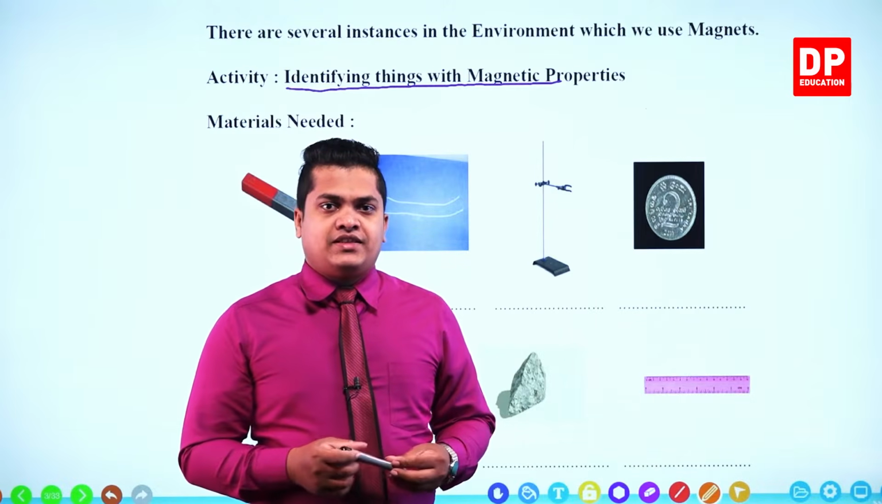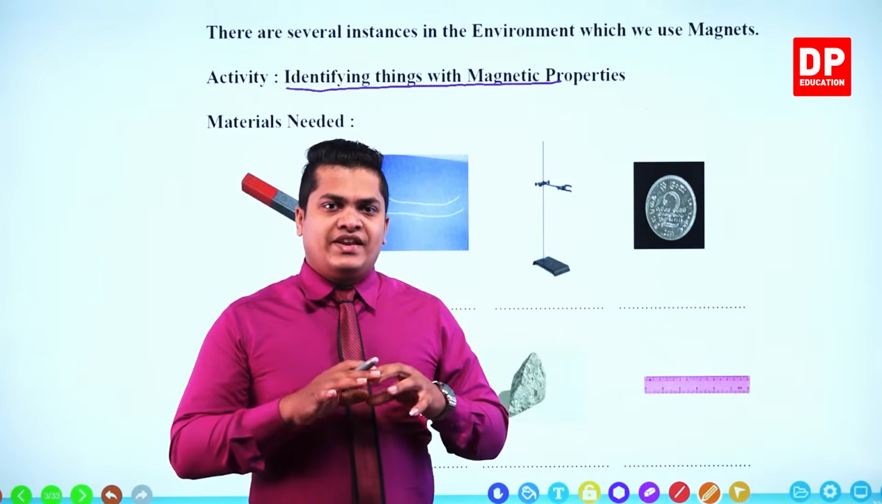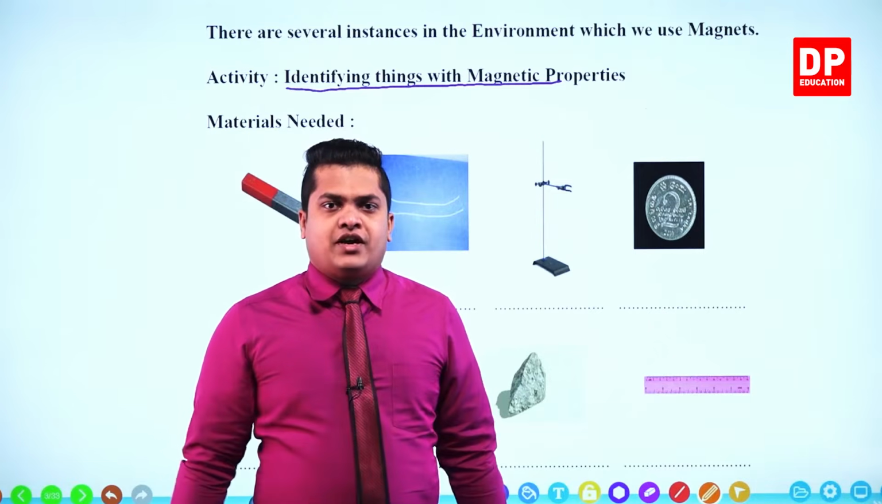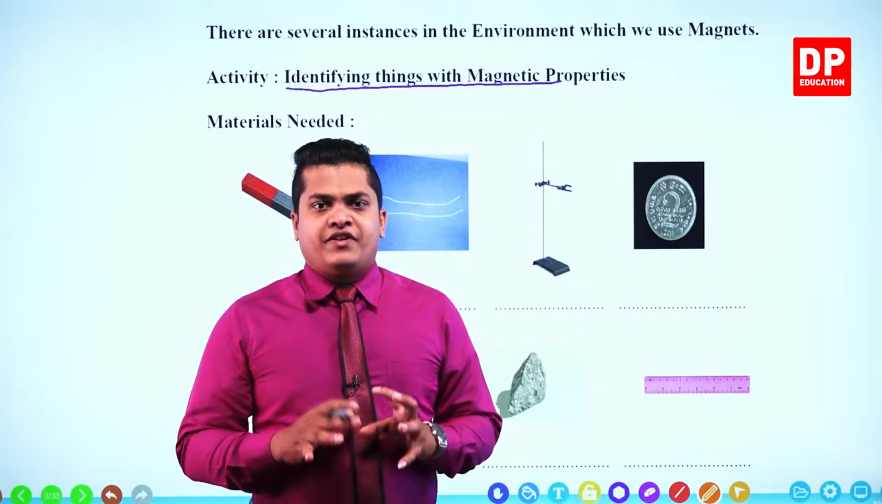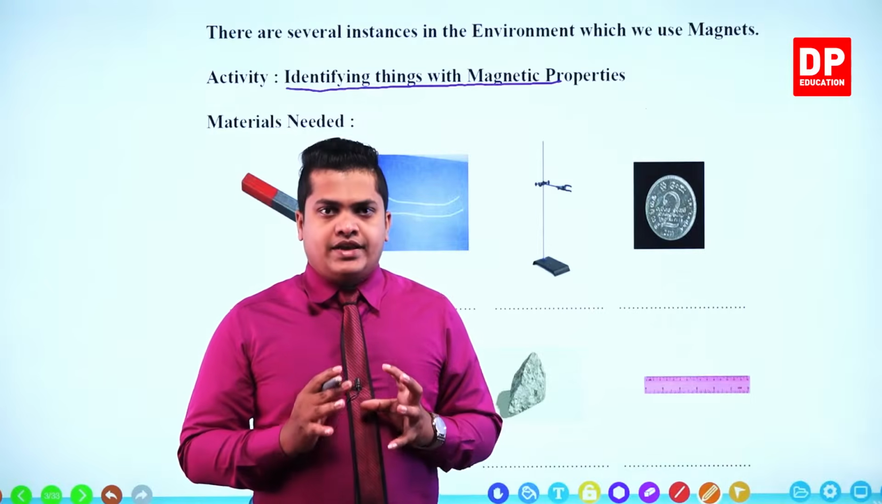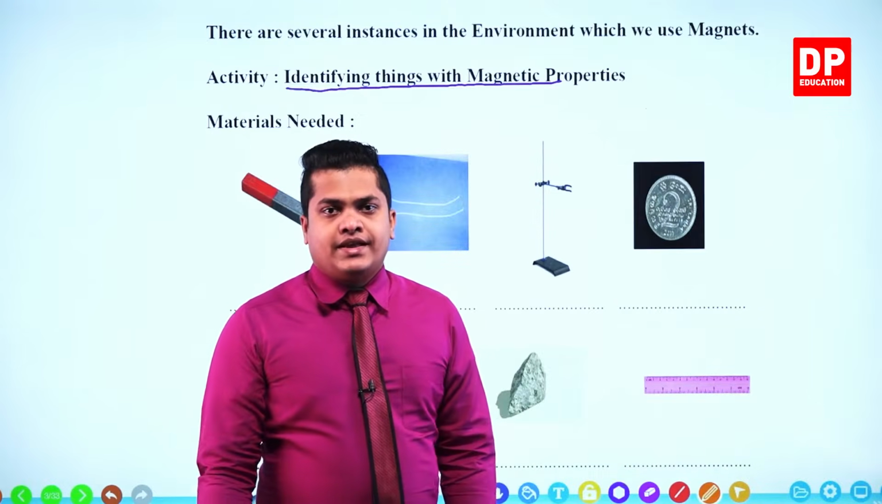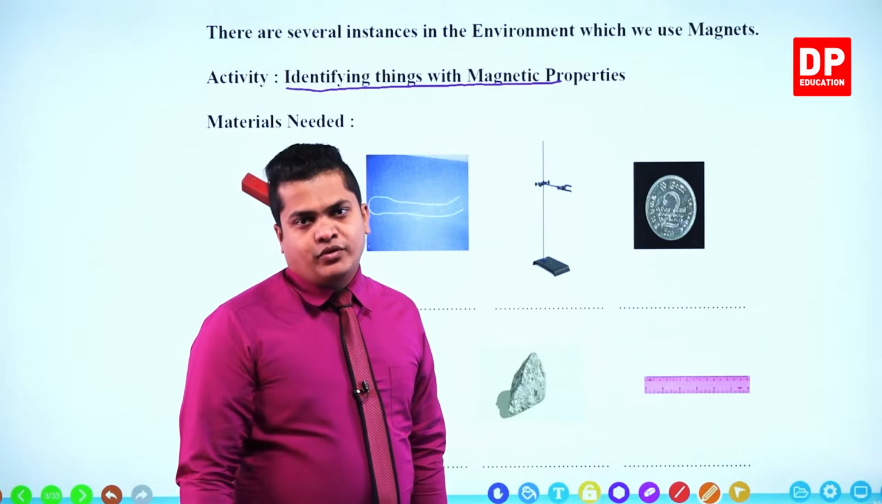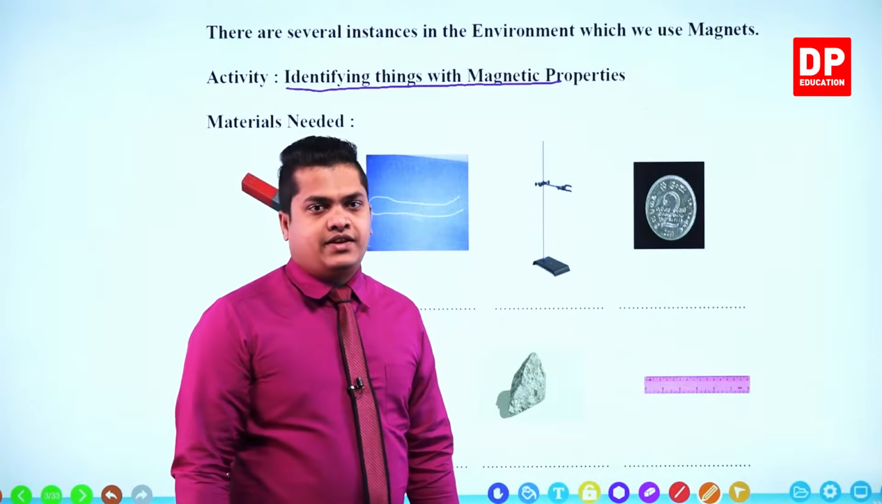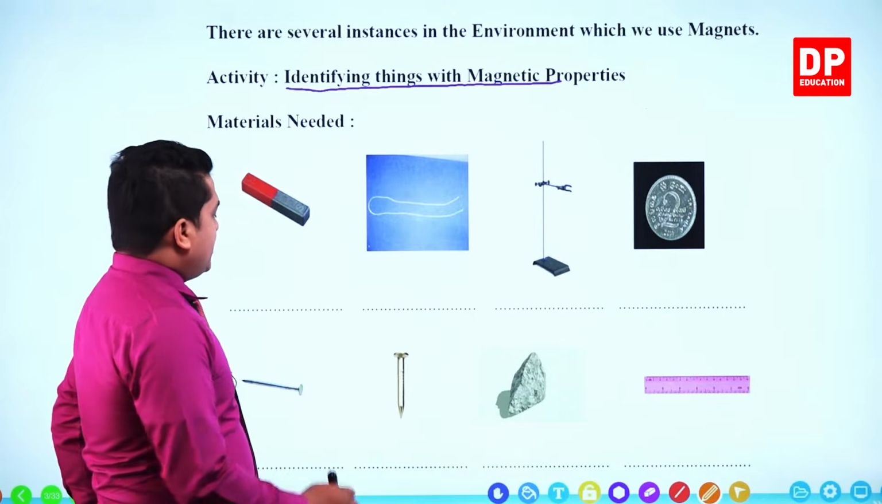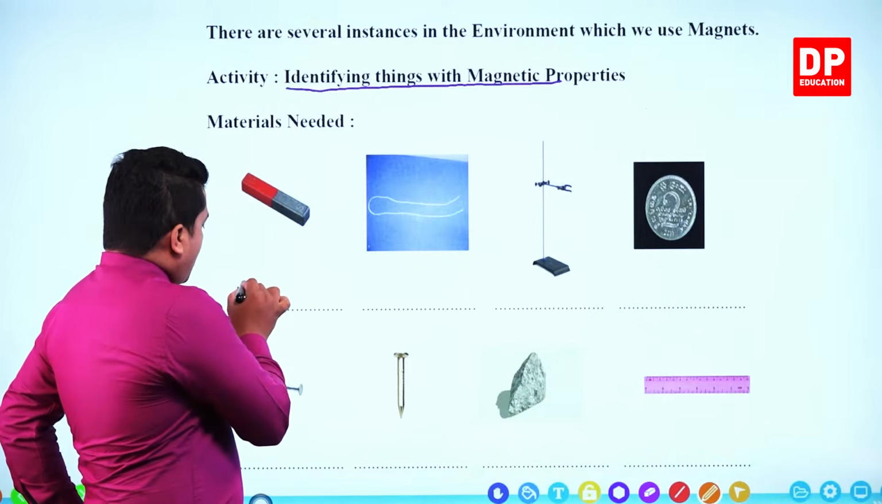To identify things with magnetic properties, you'll need different materials from your environment. Different types of materials are needed to conduct this experiment, so we'll gather these materials from your environment to conduct this activity. So what are the materials you need? You need a bar magnet,